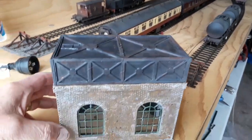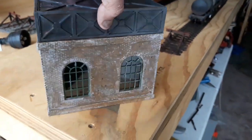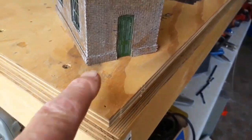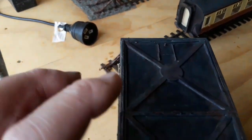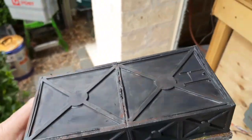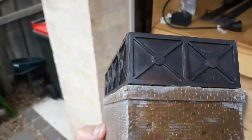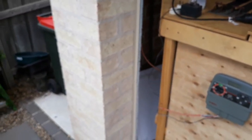So I finished it. This is a LC Creative laser cut kit. All done. Glazed. Added a little inspection thing at the top, because ballcocks do need servicing, you know. A washer might go. I'm going to put a ladder down there. Anyway, let's see what it looks like at Futtocks End